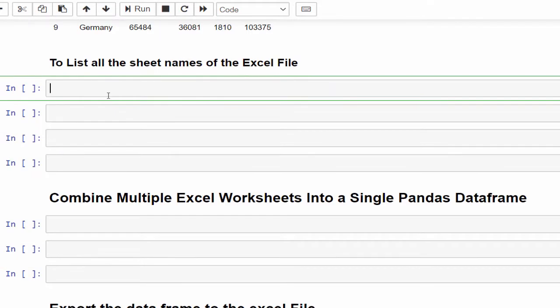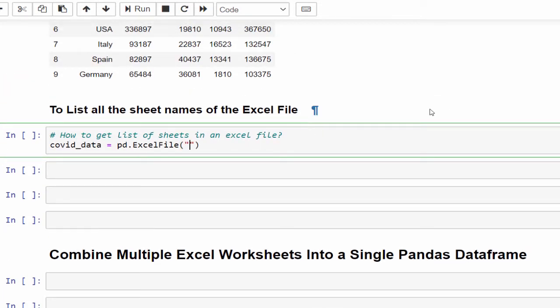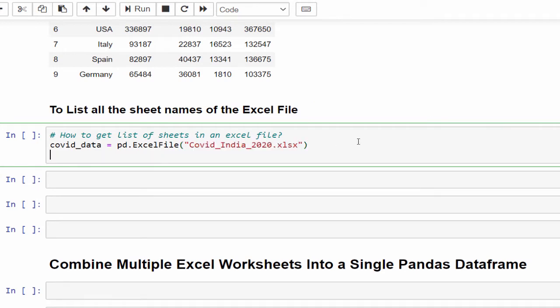For example, if without opening the file you must know what sheet names are available in the Excel file, you have to follow this trick. First, we must know what sheets are available. Same file, I am going to reuse it. COVID data equals pd.ExcelFile, then mention the Excel file with extension.